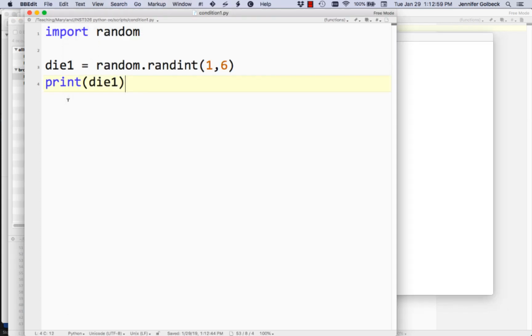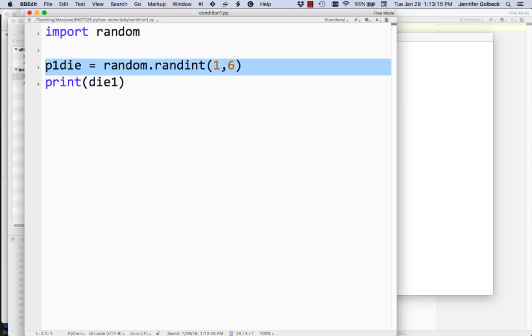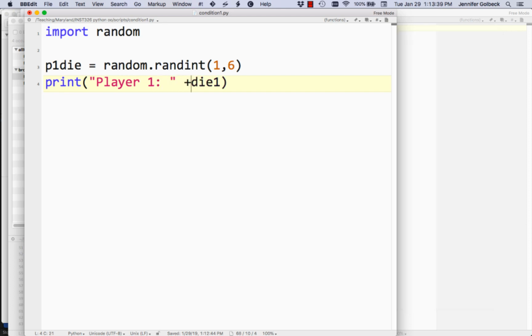Okay. So now we're able to roll a die, and let's say that we want to do this where we basically have two players, player 1 and player 2. We'll roll a die for each one, and whoever's die is bigger wins. So let's change die1 to p1_die. That's going to be player 1's die. And then we'll print here player 1, and then